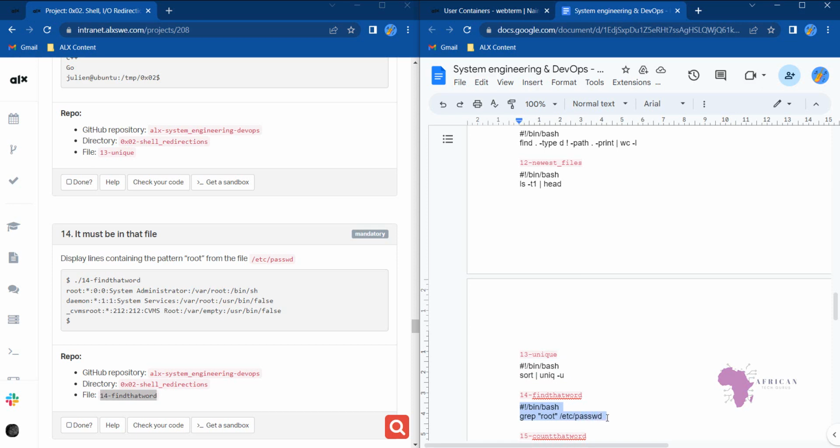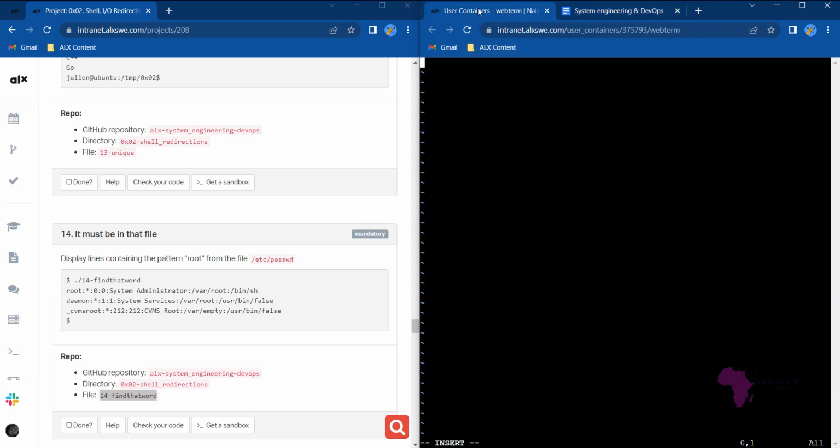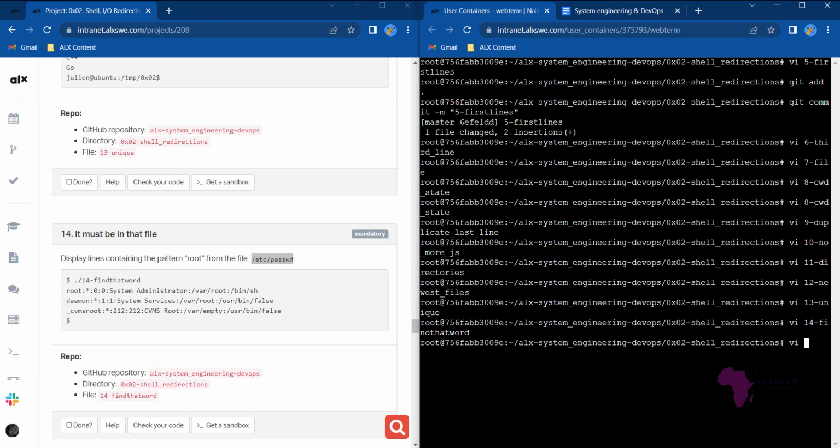There it is. Grep helps us find a specific word. So here we're looking for a specific word called root in this file. I hope you got it. We are displaying lines that contain the pattern root from this file. So that is why we're using grep, the word we're looking for, and the file. Then we escape and we save. And then you do the next one,